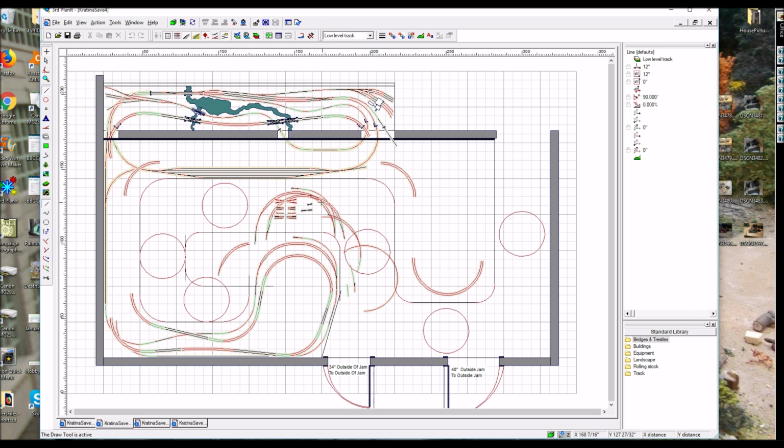There's a lot of spare bits of track stuck in the aisles. That's because if I draw something and I'm not quite sure that it's the best alignment, I combine it into a group, drag it into the aisle to save it for later, just in case I have to go back to it, and then I plot it again. And we can see that I had 3 attempts at getting this curved passing siding on the single track main line. I've drawn in all the tracks in this end showing where they can go,